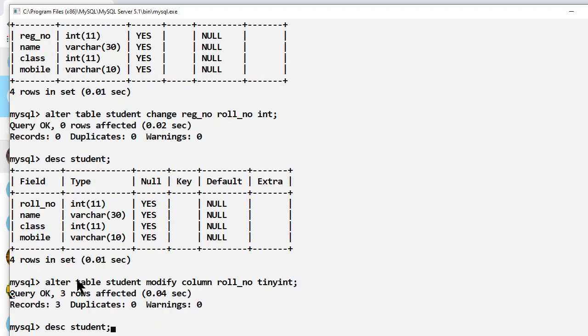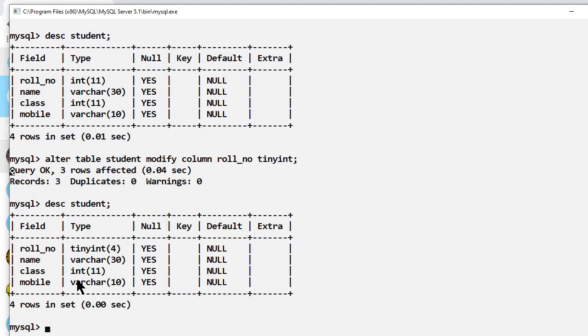Now if I see the description again, you can see that roll number was initially int, now it is tiny int. Initially it was holding 11 characters, now it is holding 4 characters.